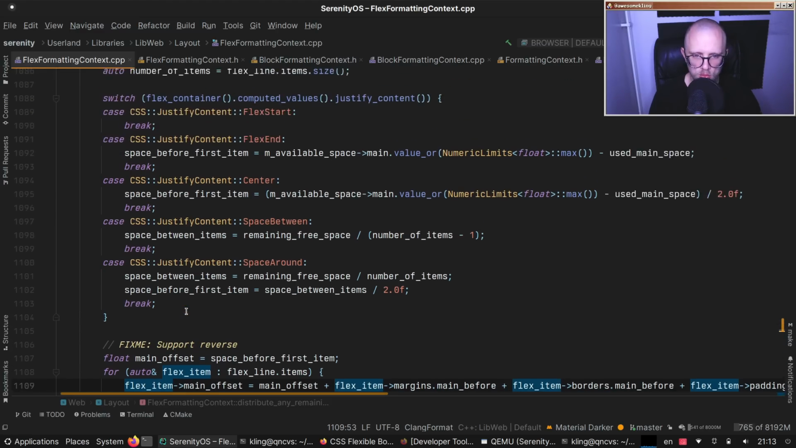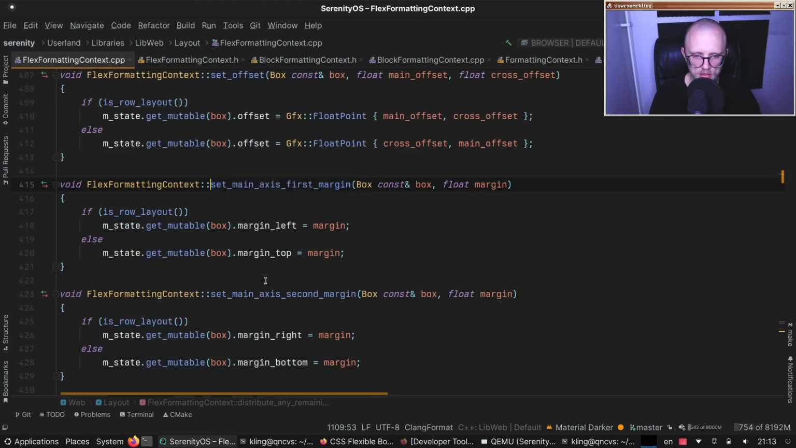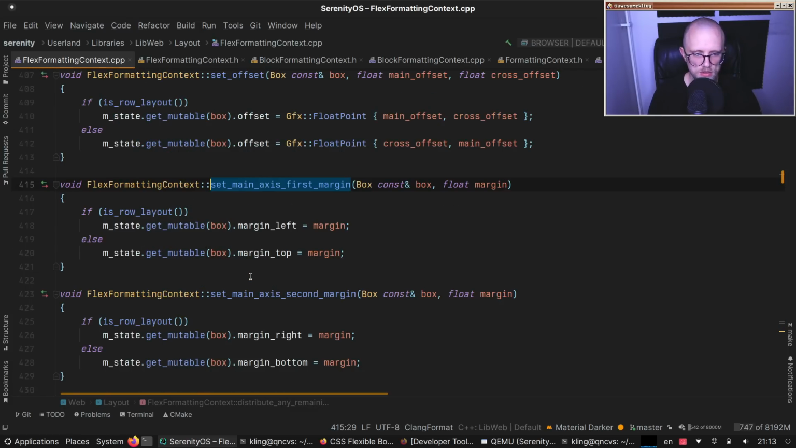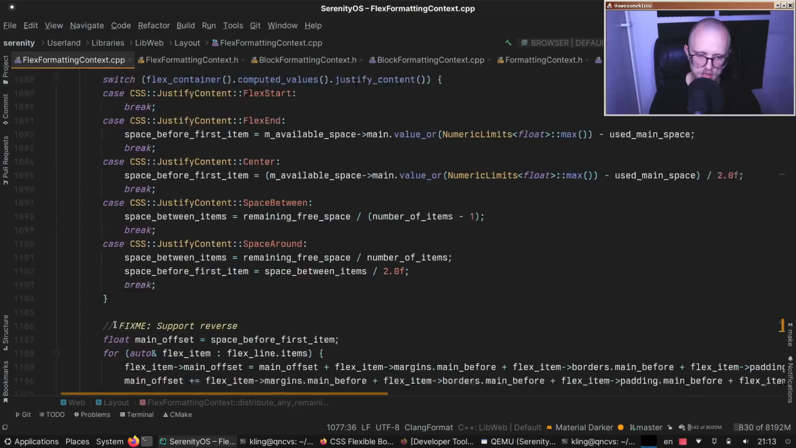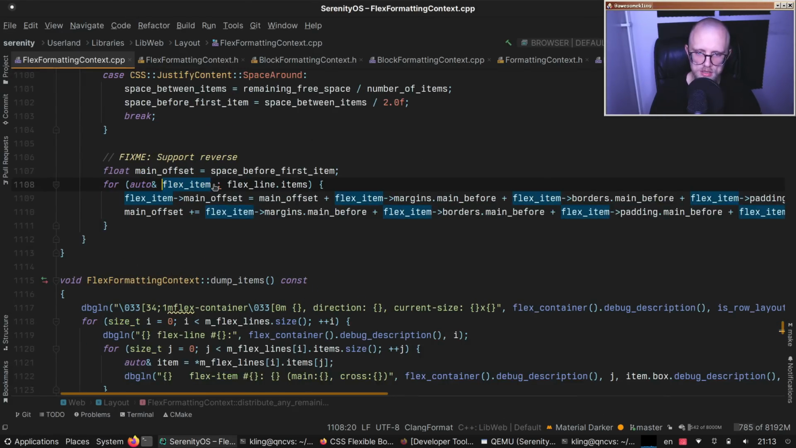But whoa, wait, hold on. That's not what we were setting though, because we were setting it on the layout state. So we're assigning the free space to the layout box state, but we're not actually updating the flex item itself, which is